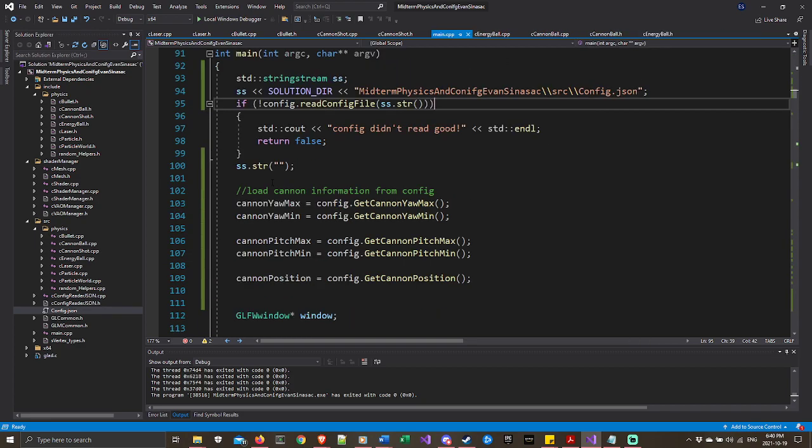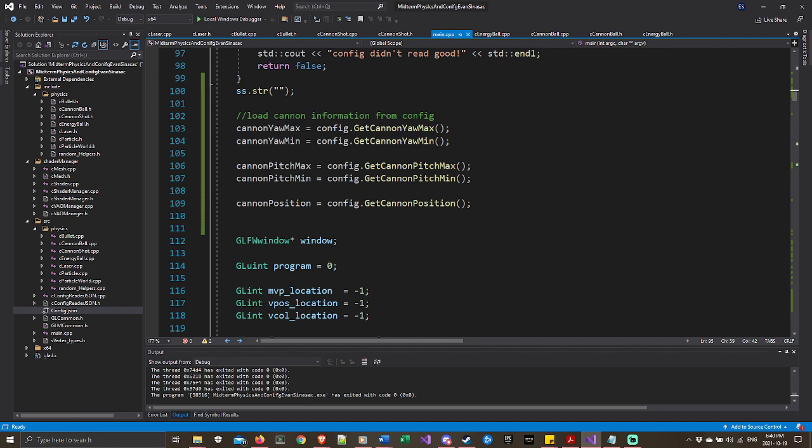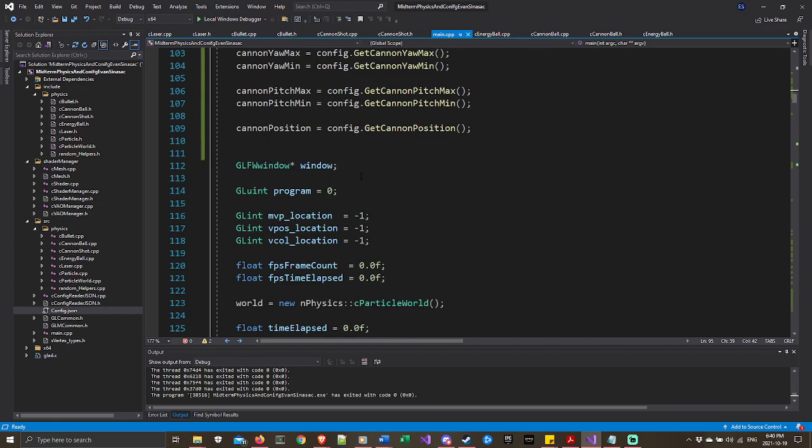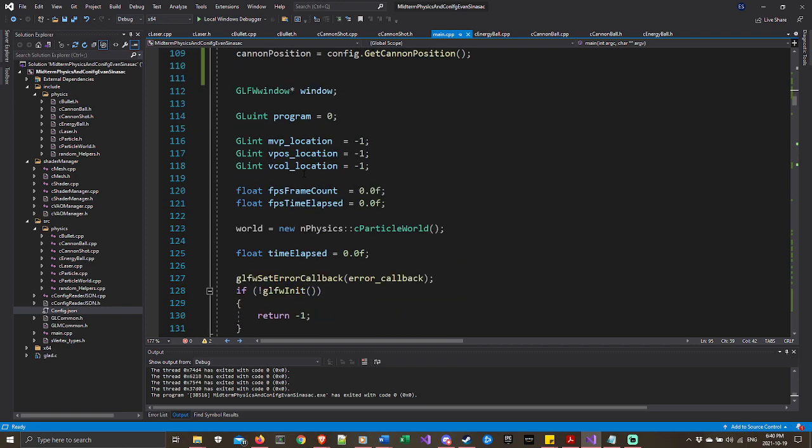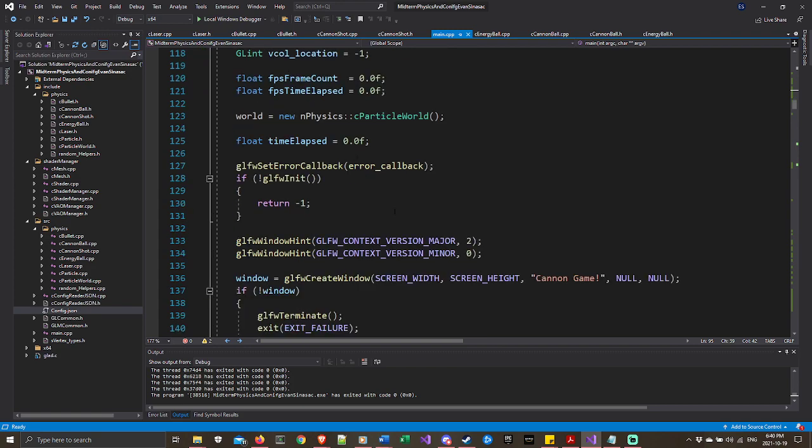So that's that. So then, after we read the config file, we load the cannon information, store that in variables here. Some stuff I decide to just keep using the get, some stuff I decide to store it twice. I think just the cannon stuff I store in main as well. And then GLFW stuff, make the particle world,